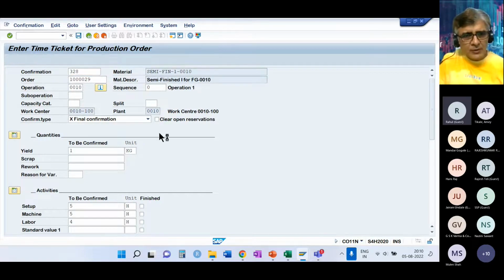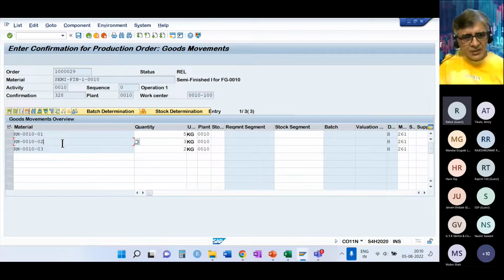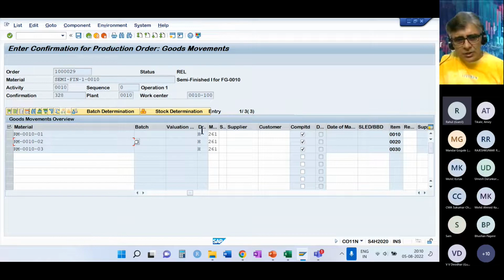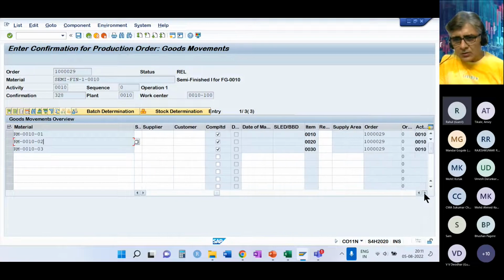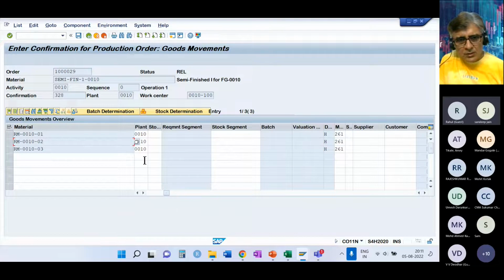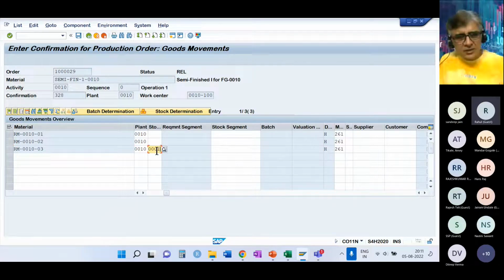And if you come to goods movement, you'll see all the materials here. This is because of the backflush. So I need to put the storage location here.